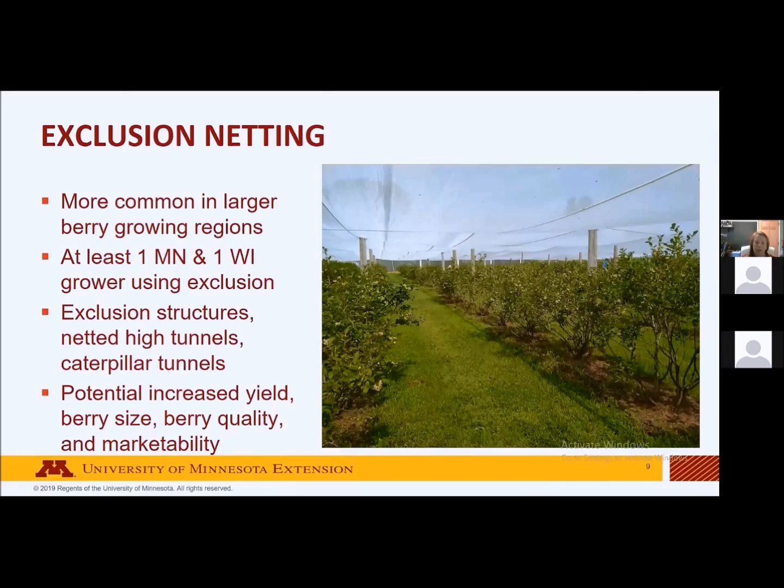Exclusion netting can also be secured to caterpillar tunnel hoops. And I think I will show pictures of those in the next slide. In addition to SWD exclusion, the farmers who are experimenting with this often say they have very good success with it and almost no SWD pressure compared to the outside. There can also be a potential for increased yield, better berry size, better berry quality and marketability, because you're not only excluding SWD,